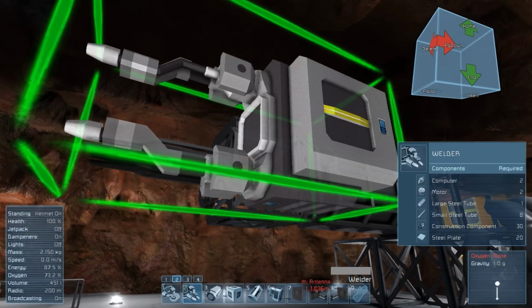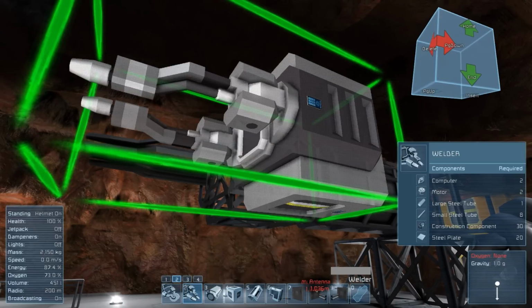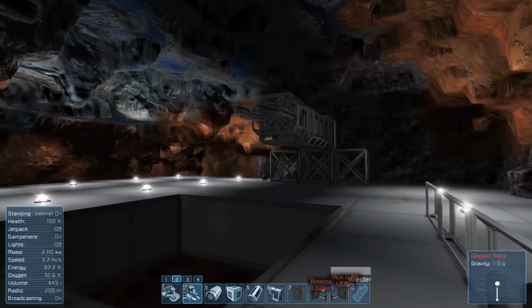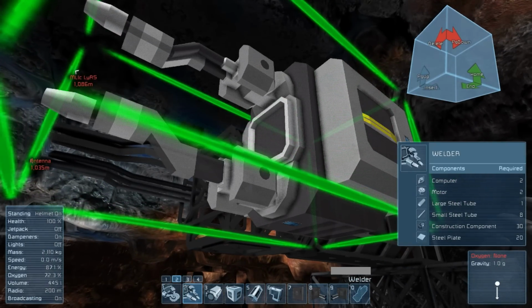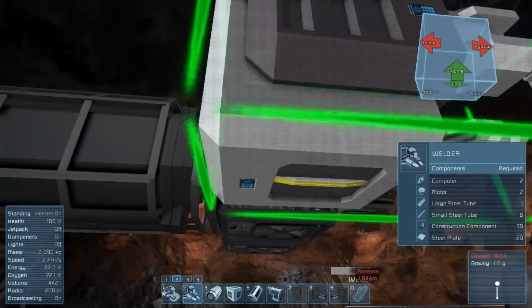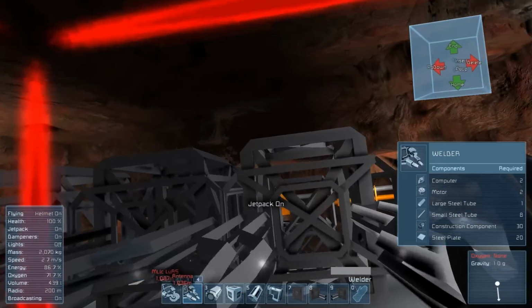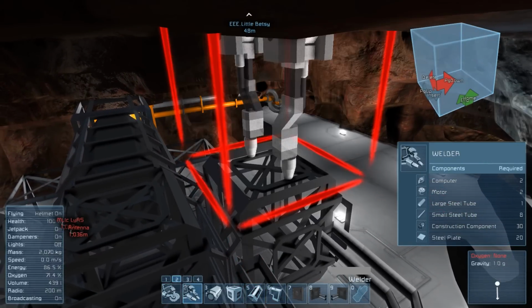And just rotate. Oh, rotate the wrong way. I always pick the wrong way. Boom, like that. And then over here, we want to do the same thing here. That one is incorrect. And then over here as well, right? So I'm going to use 1 piston that can move it forward and back. And then we also need to put them up here, which I think might require us to...